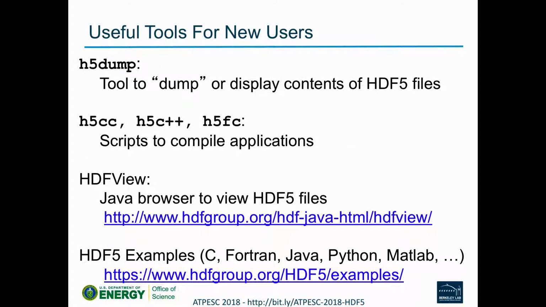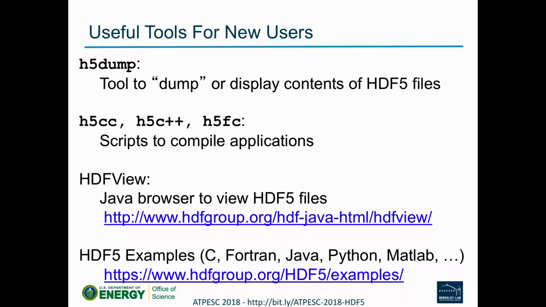So somebody gives you this HDF5 file and you go, I don't know, the guy at Argonne told me it was a container and I should be able to dump it, right? So try h5dump or h5ls. They have a little different focus, but they do a lot of the same things. They'll give you the structure and the contents of an HDF5 file as kind of a text overview so that you can get an idea, what is this thing? Hopefully somebody told you more than here's this HDF5 file. But